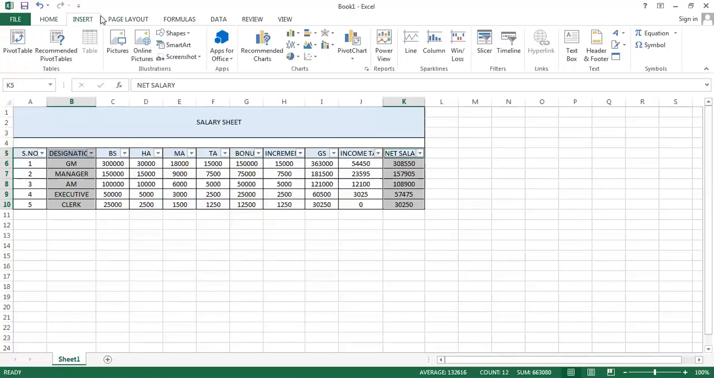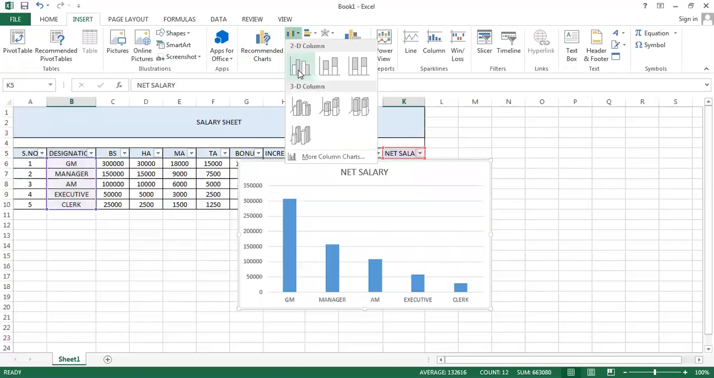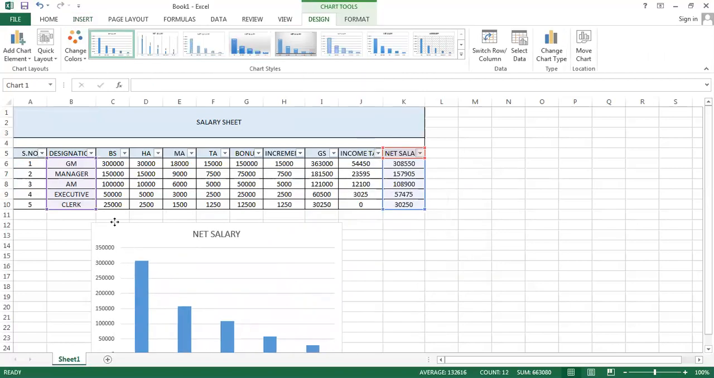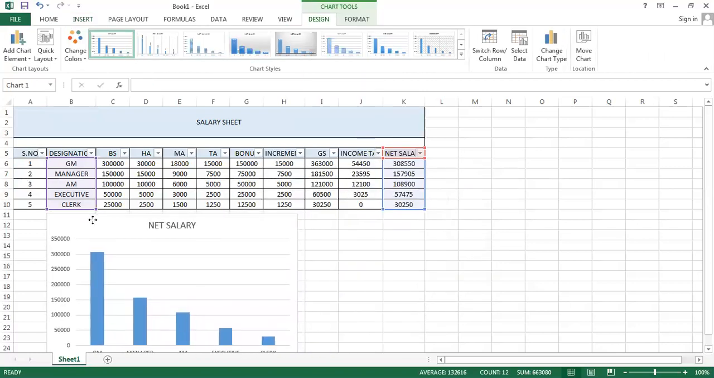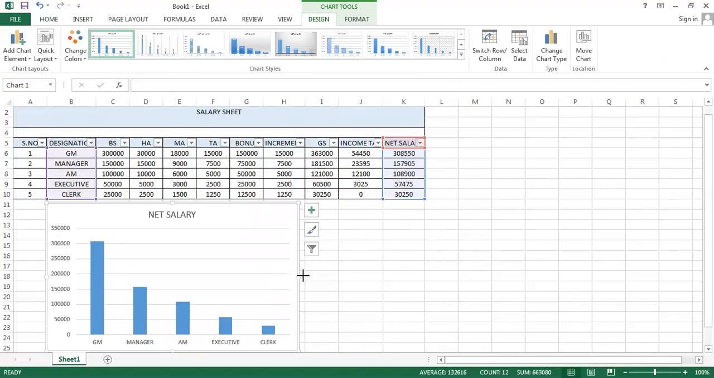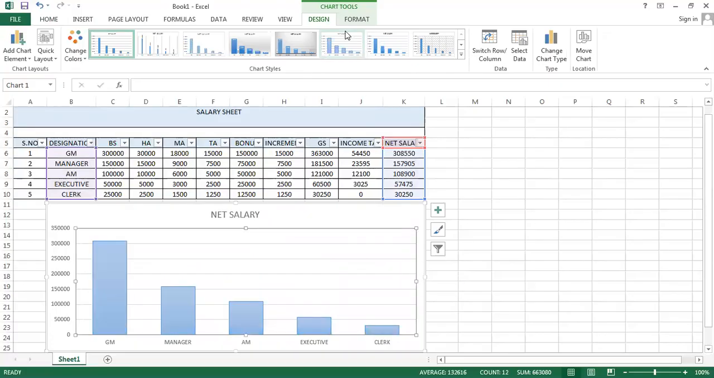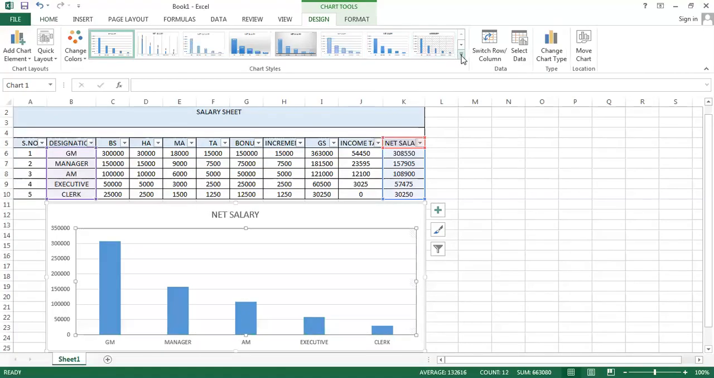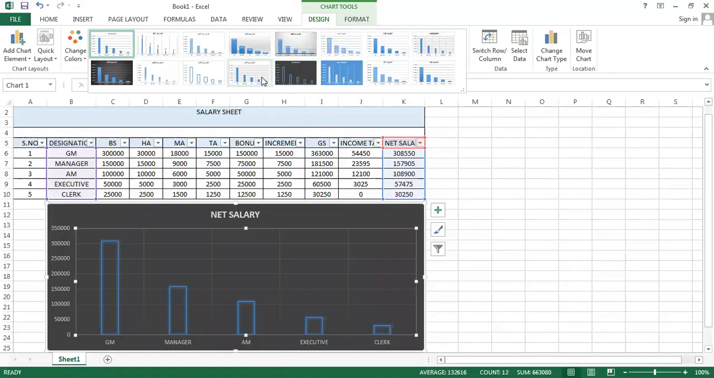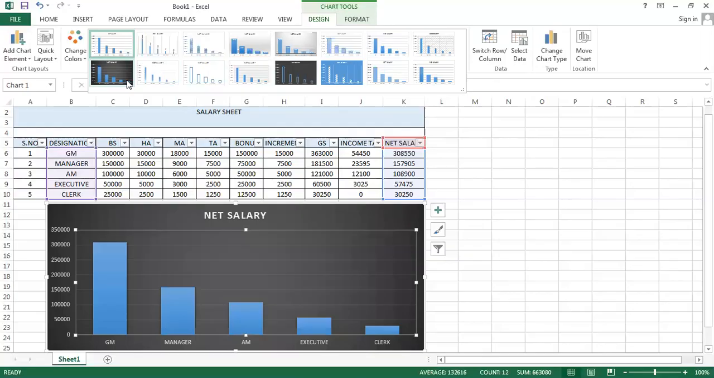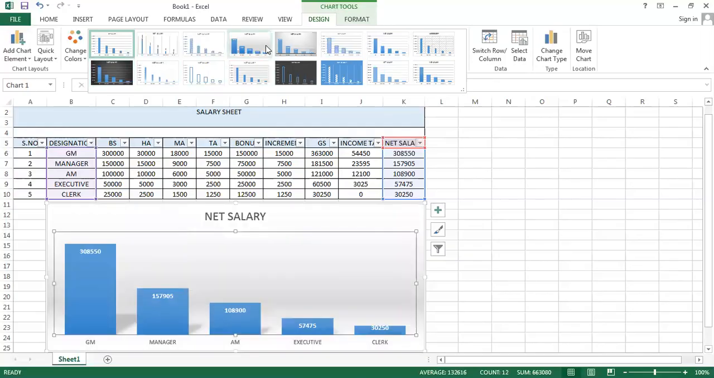And after going to the Insert tab, you'll see charts over here. Click on the option of two-dimensional chart, insert two-dimensional column chart, and here you will see that the chart will be appearing in front of you of the designations that you have just created. Again, in order to improve the design of this chart, what you can do is, you can click on this option. You have multiple designs over here, whichever you like the most. You can use that